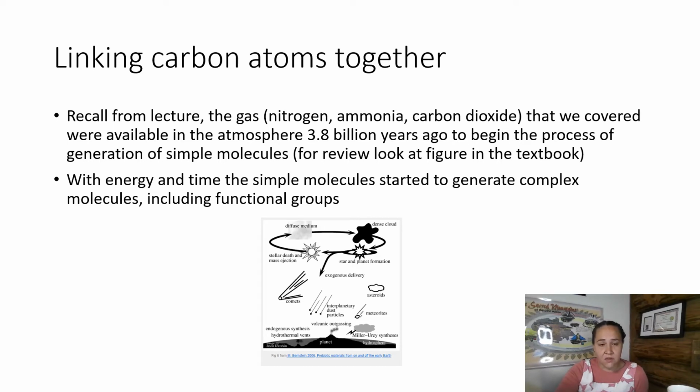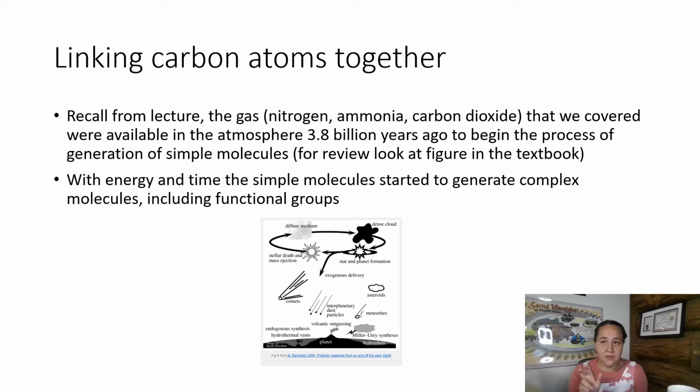We also covered that 3.8 billion years ago, these gases began the process of the generation of simple molecules, which is what I'm referring to as the functional groups. For review of this process, look in the book. There's a figure in your textbook that you can look at that shows how